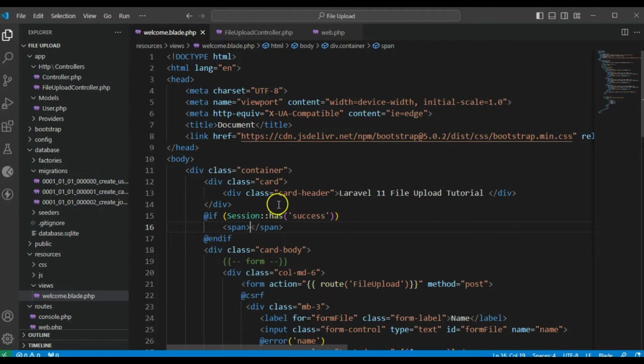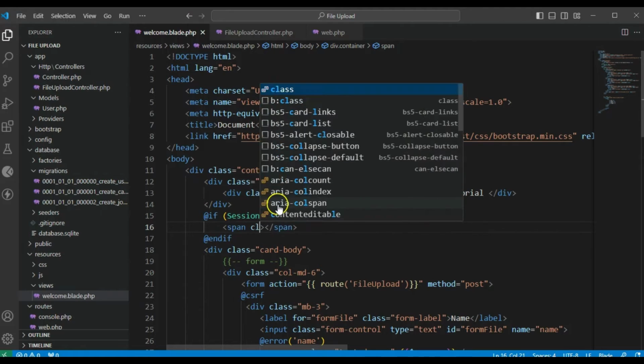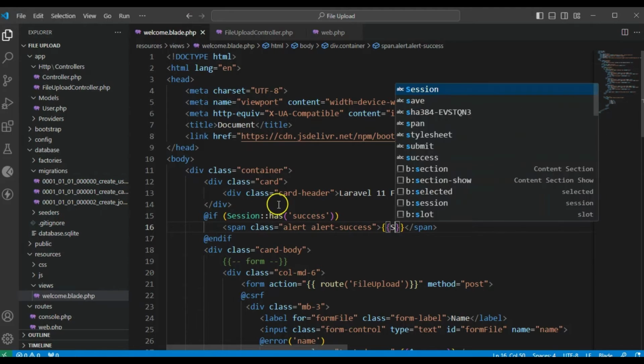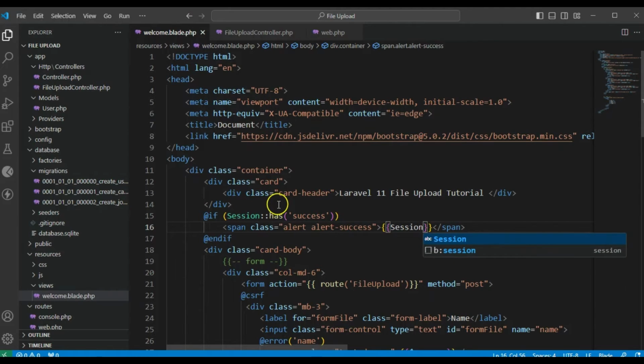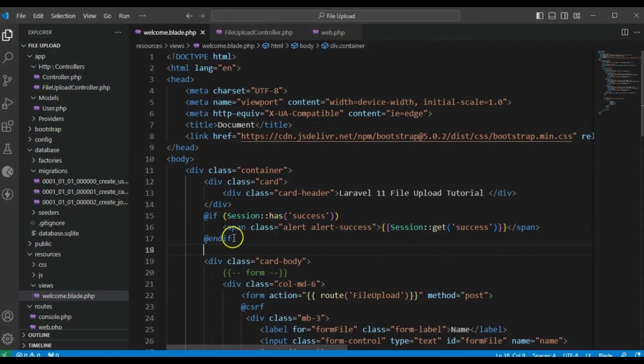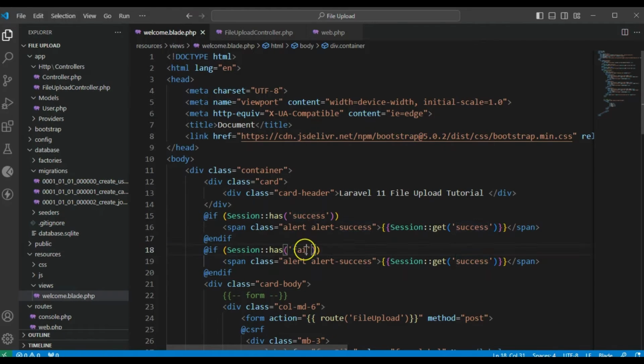So I'm just going to use the bootstrap class for alert success, and then here I'm going to show the message. So I'm just going to say session get success to get the success message, and then for fail also, if it has failed,